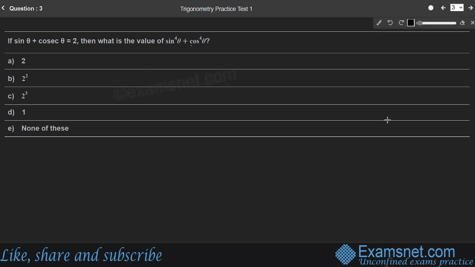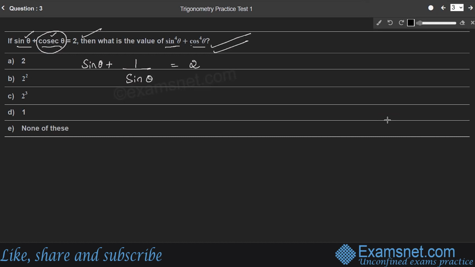Question number 3. If sine theta plus cosecant theta is equal to 2, then what is the value of sine raised to 4 theta plus cos raised to 4 theta? So this expression is in terms of sine and cos, right? And the given expression is in terms of sine and cosec. So better let us convert cosecant theta in terms of sine, because cosecant theta is the inverse of sine. Therefore, the given expression can be written as sine theta plus 1 by sine theta